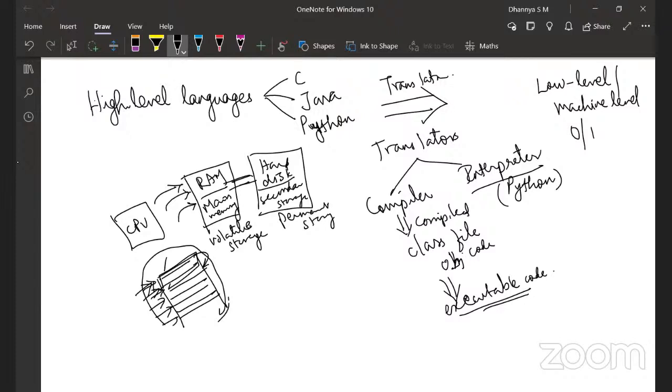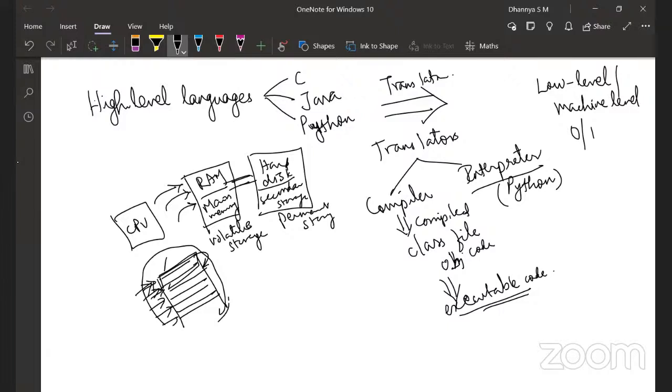Got it? No? So for instance, C, C++, Java, all these languages are compiled, like they use compilers. Whereas Python, and there is something called BASIC, I don't know if you know about it, these are all interpreted languages. So depending on many factors, some of them have certain advantages, and the other has certain advantages.